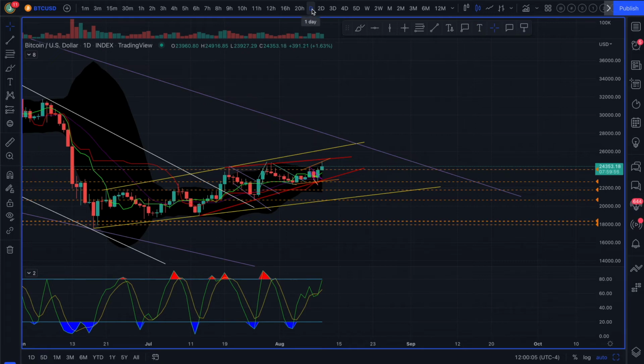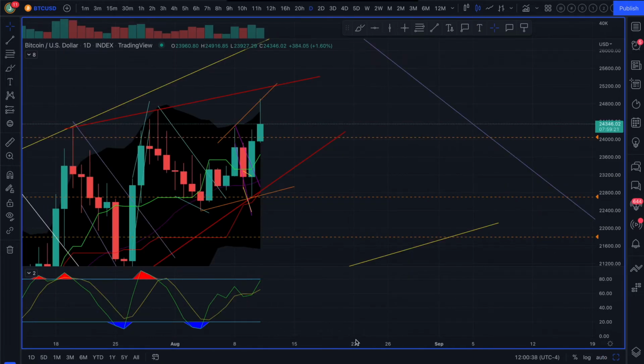I don't want to say it has mixed signals because it's not mixed, but we haven't quite reached the overbought section. We were up there earlier, but as the candle continues to unfold here during the day, it'll retrace back below it, and you just got to stay on it and see where it's headed from there.